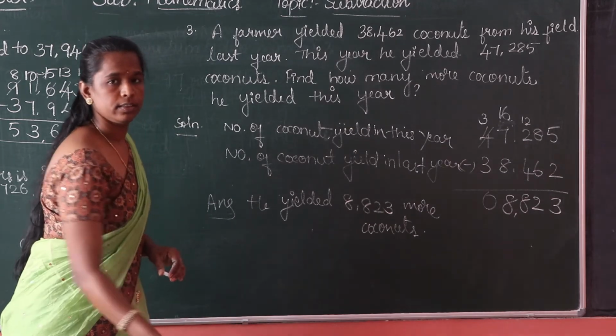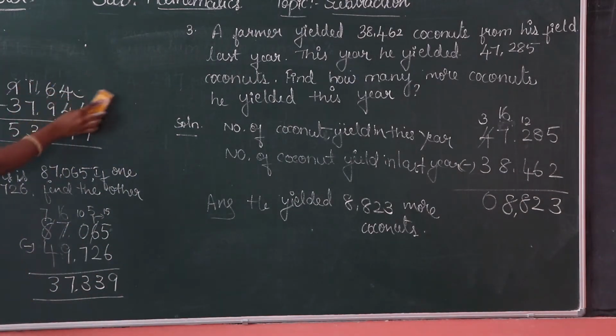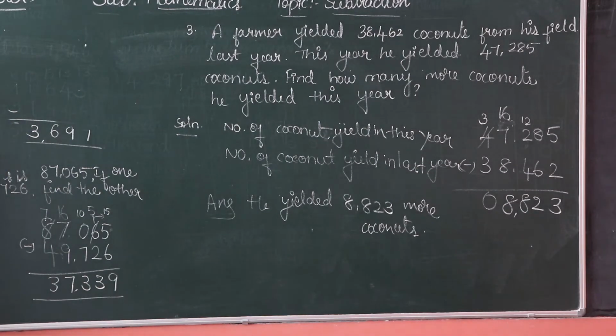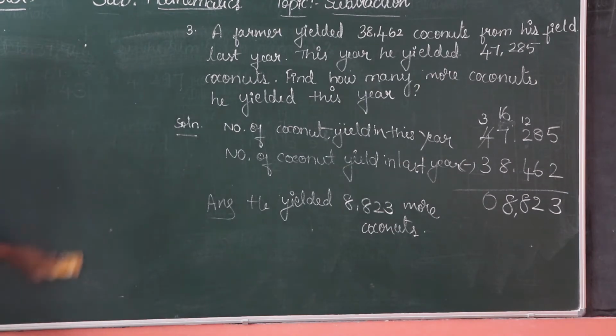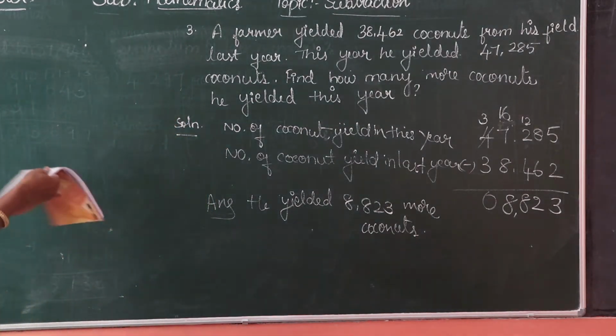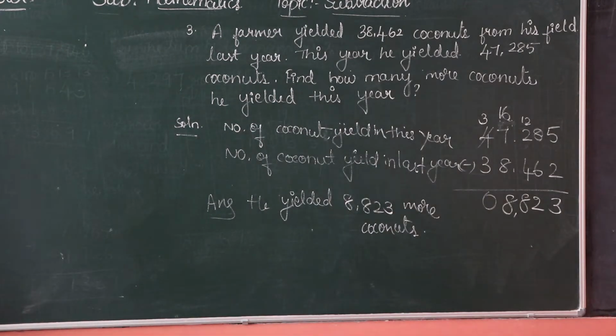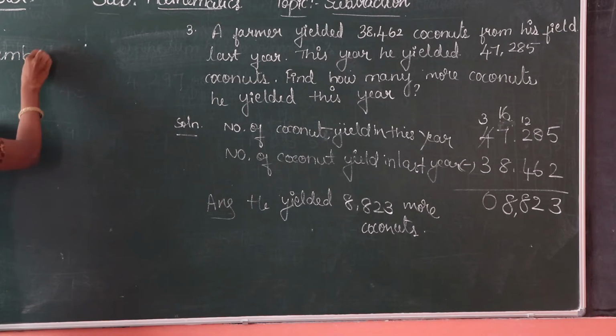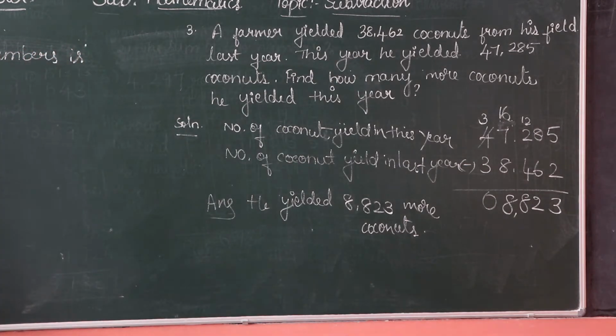Fourth one. Fourth sum is: the sum of two numbers is 87,065. If one number is... So next sum is